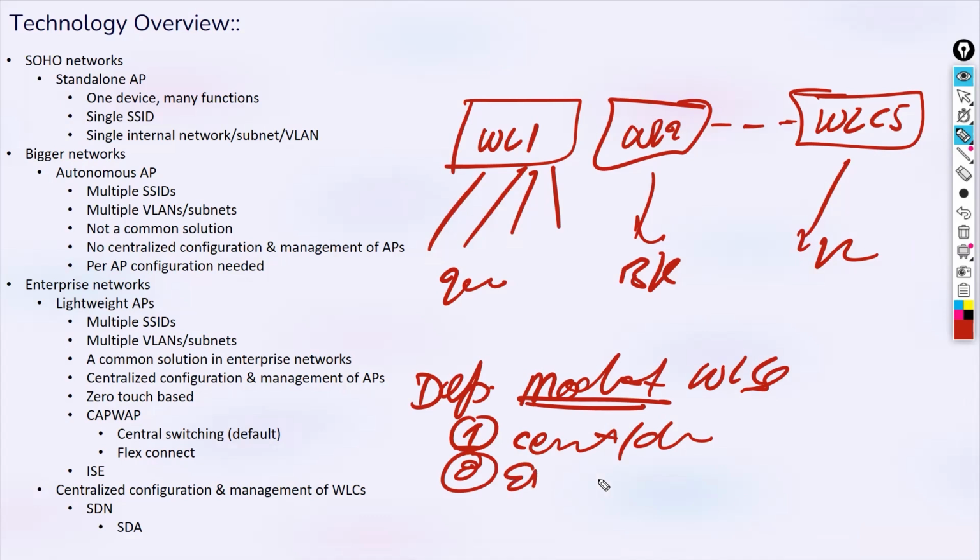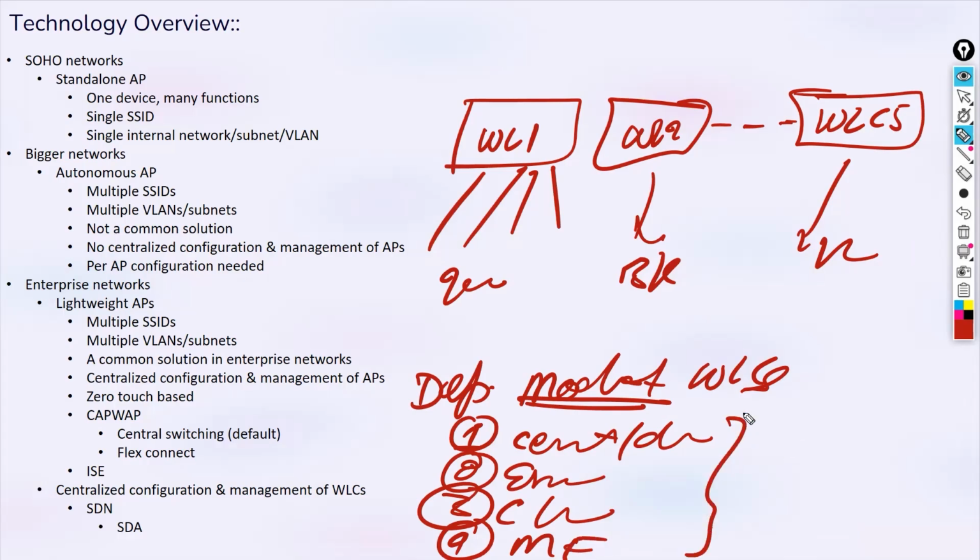Then it is your embedded, then your cloud-based, then your mobility express. We'll talk about that, but just to understand a little bit: when you have a hardware controller, that is your centralized solution.